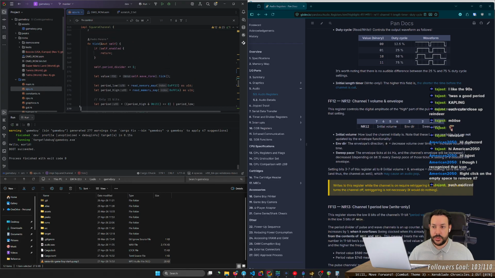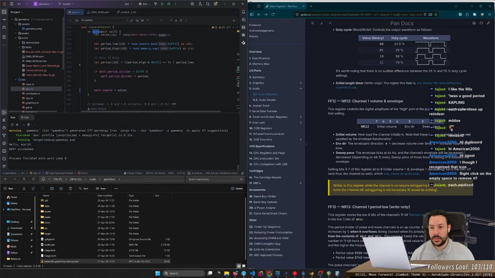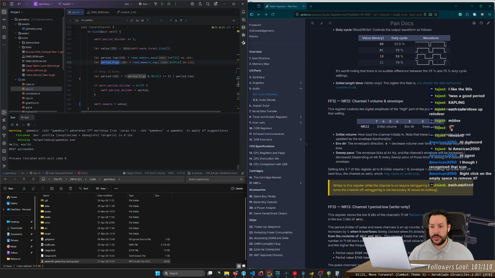But what I want to make sure is that on every tick that this gets called, the wave changes, essentially. So this is essentially like an up counter.